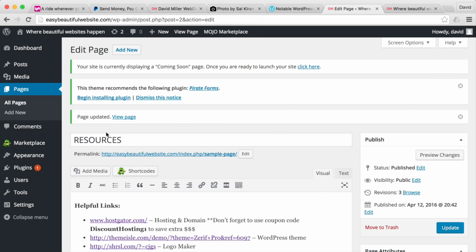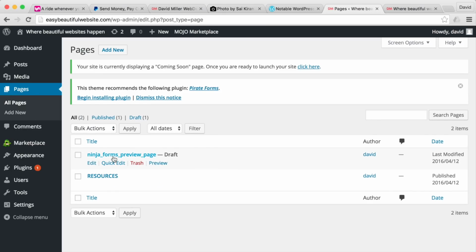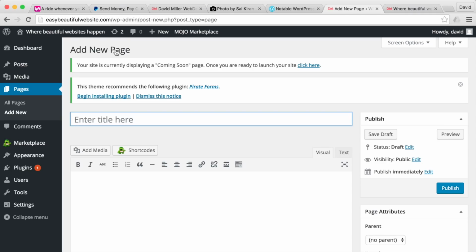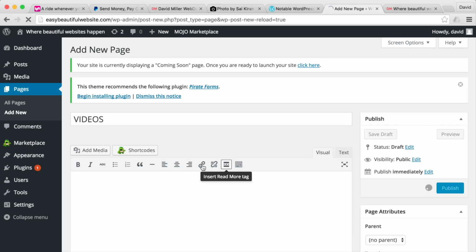And just to show you, if you want to add more pages, so that's the resources page. Let's say I want to add an additional page. I can either come up here and hit add new, or if you forget, just go to pages right here, and you can hit add new here. So I'll just hit add new, and let's say I want to post images or videos. Let's put videos here. Okay, and we'll hit publish,